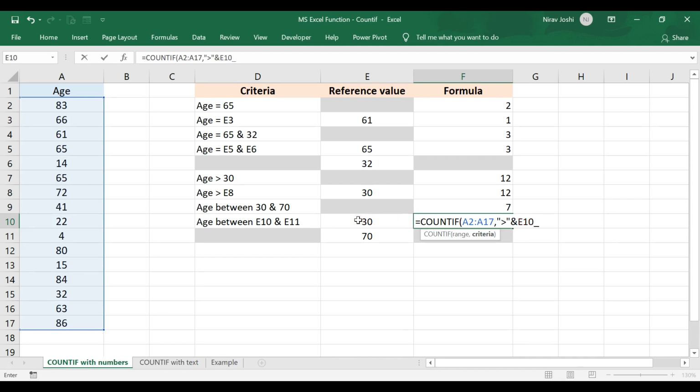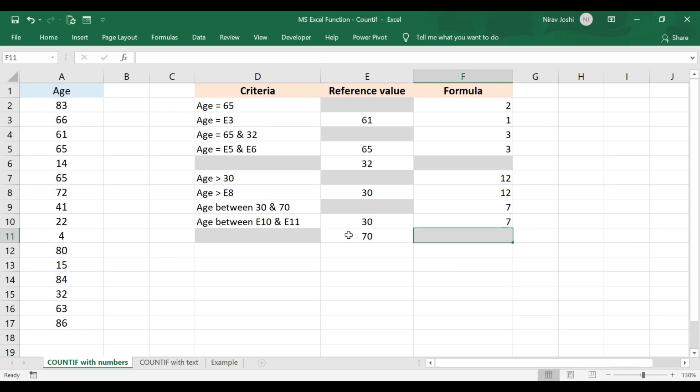Complete the parenthesis, minus COUNTIF, select this range, comma, double inverted comma, more than, use the operator ampersand and select the second cell. Complete the parenthesis and press enter. This will give us the same result, but here the cell referencing can be utilized.